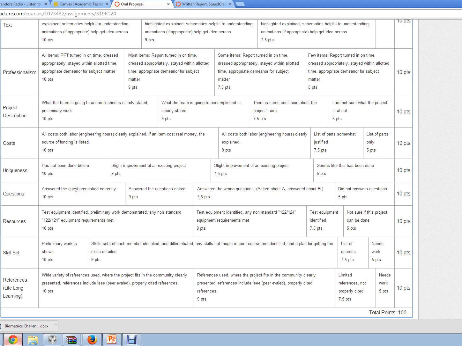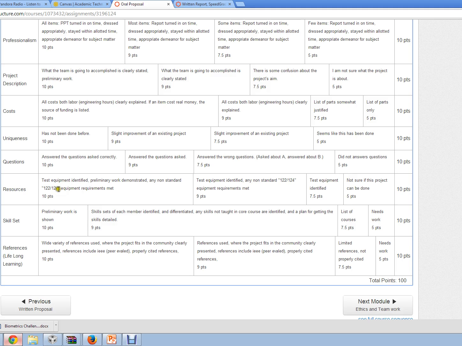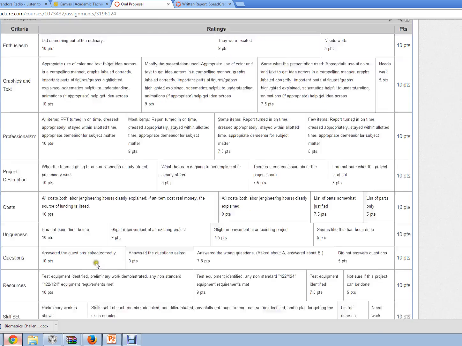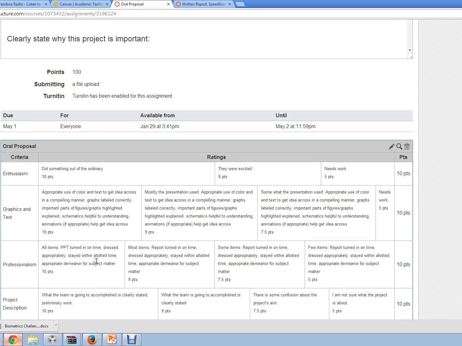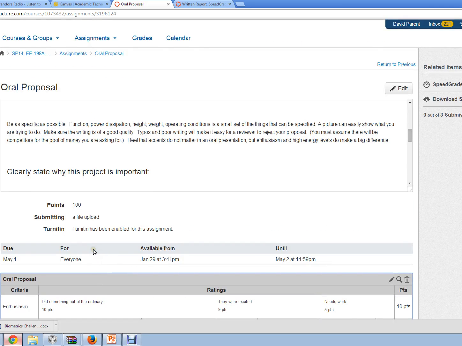Questions, we don't know what the questions will be. Resources, what are you going to need? What kind of test equipment? I don't think that's even in the slide. Skill set I mentioned, and the references. So you still have time. You got it into me ahead of time, so that's great. So read through this rubric, and I bet you can get those slides in tonight. And I will just stop